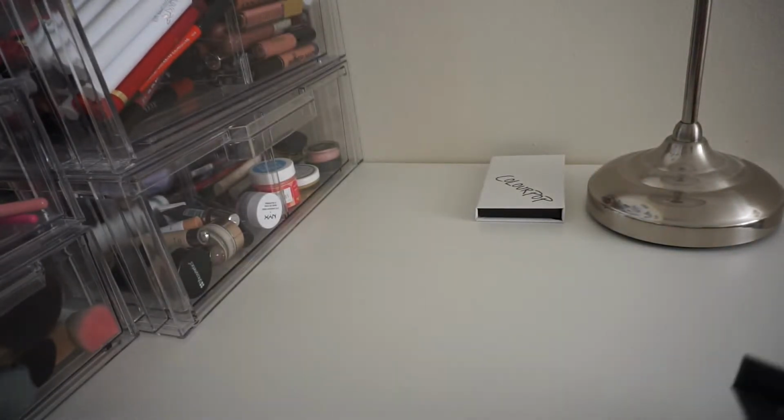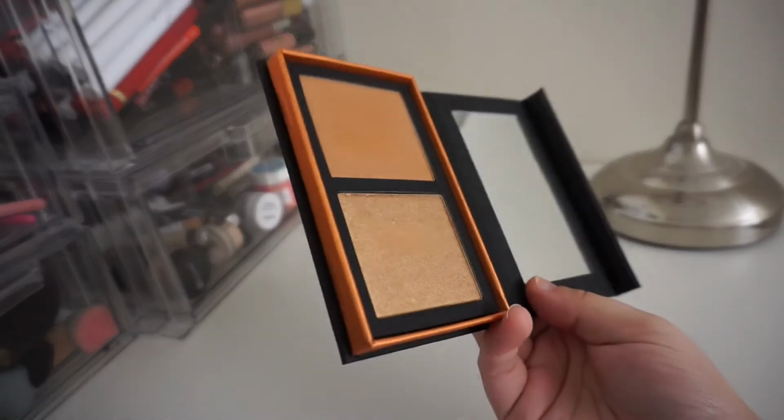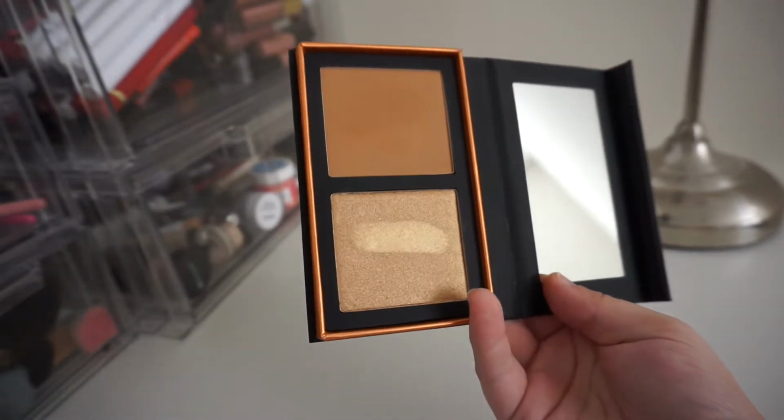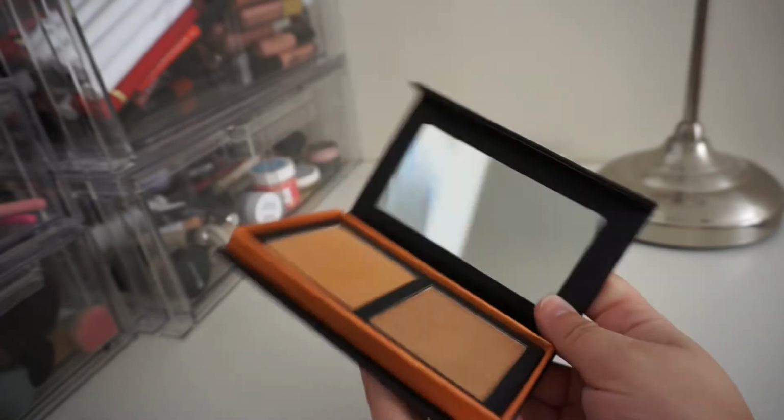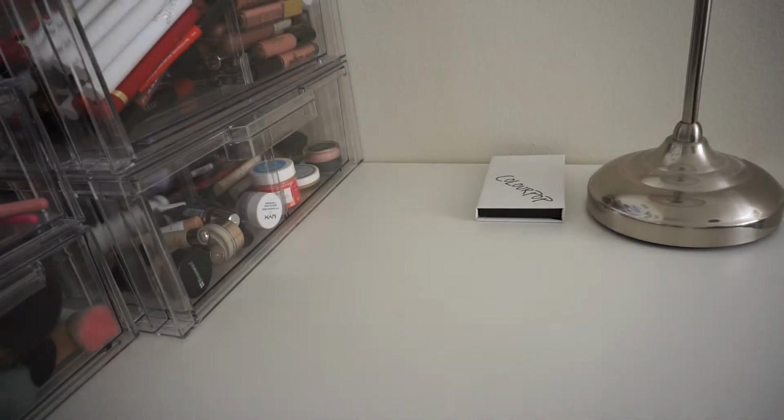This one I'm torn about. This is the Alexis Ren one that everyone got. I think it's called Topaz. It's really pretty. I mean, the highlight is very, very gorgeous, but again, it's too dark on me, so I'm going to go ahead and get rid of it. No idea if you can still even buy any of those, so...